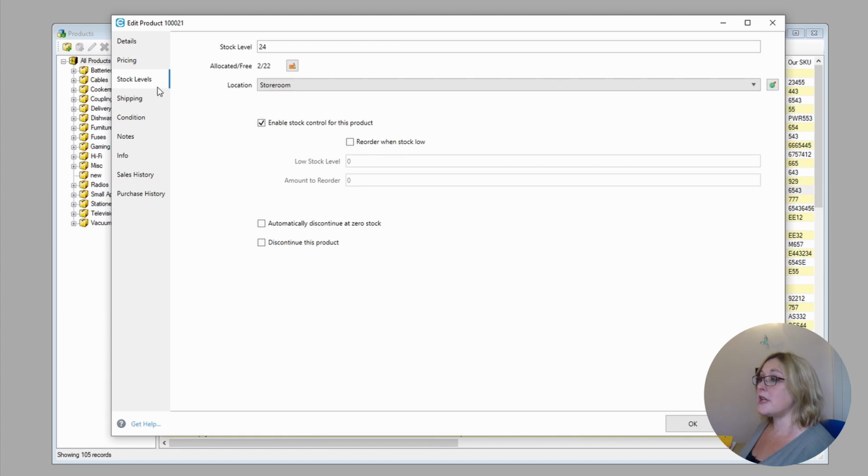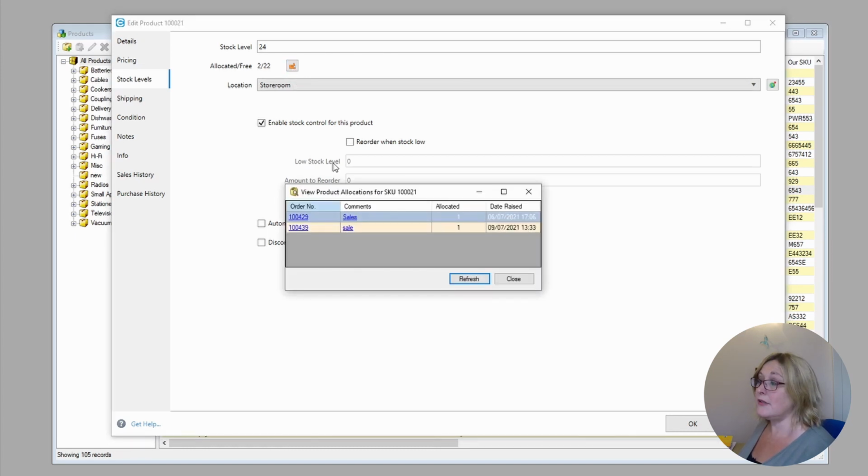Under the stock levels tab, this is where you put in how many items you've got in stock. Easify will also allow you to allocate stock items to orders so you don't oversell them or sell them to somebody else. As you can see on this particular item, we've got 24 in stock, 22 are free, i.e. they're available to be sold to anybody, but 2 are already allocated to somebody. If we were to click the little allocations button next to this, you can see where these items are already